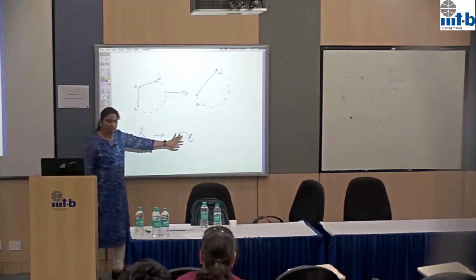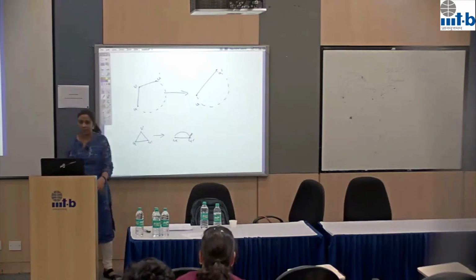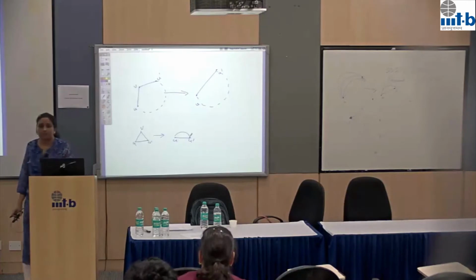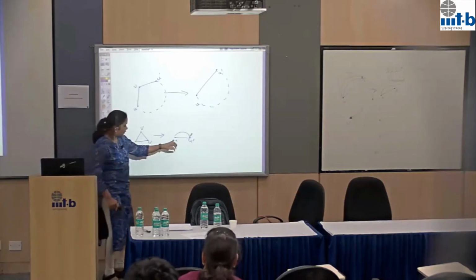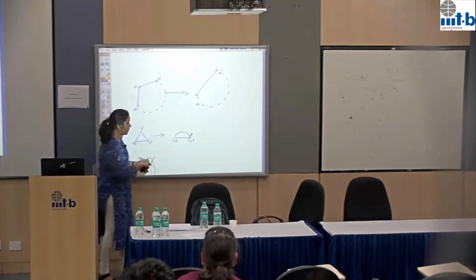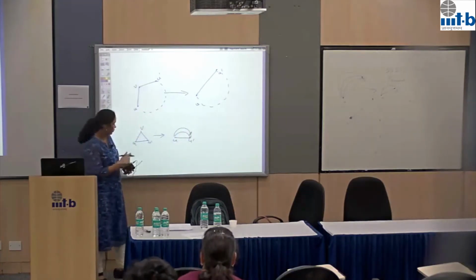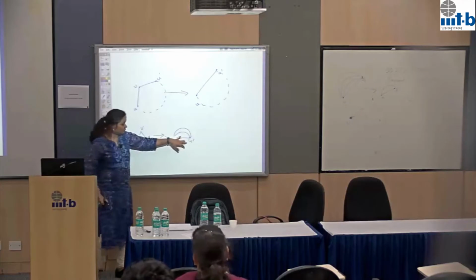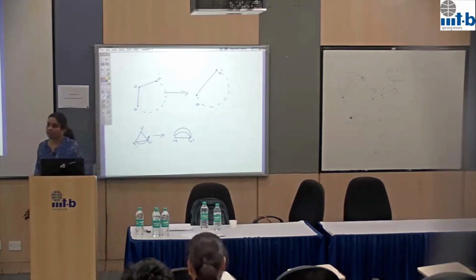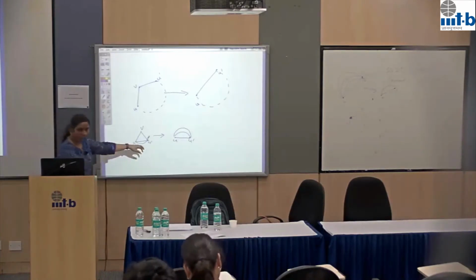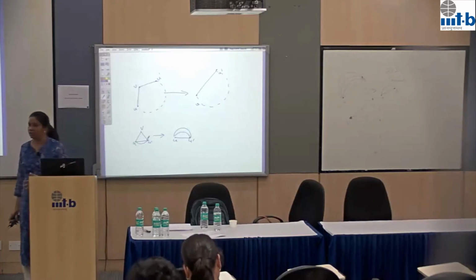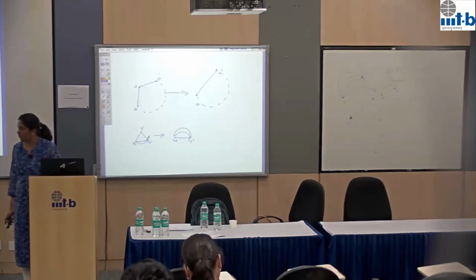Now you have these 4 reduction rules. You use these reduction rules till you cannot use any of them. For example, when you are adding this edge, the multiplicity may increase. Earlier suppose there were 2 edges, now it becomes 3 edges. But what was your second reduction rule? That if there is multiplicity more than 2, you delete the extra edges and keep multiplicity 2. Then you use that reduction rule. So you exhaustively use all these reduction rules till none of them applies.